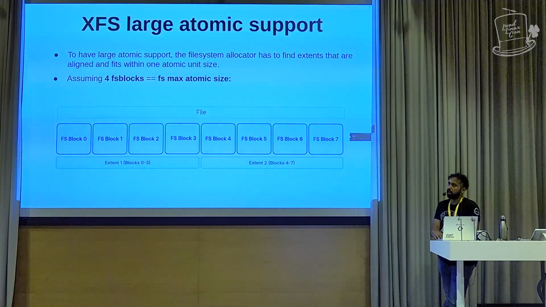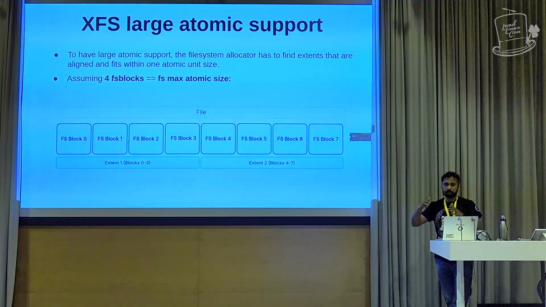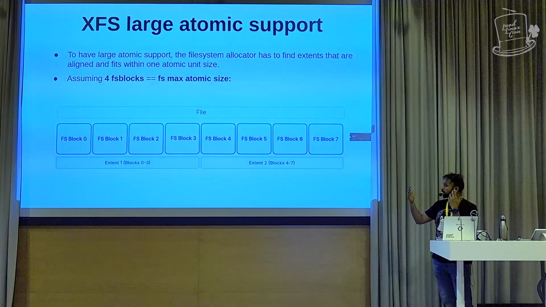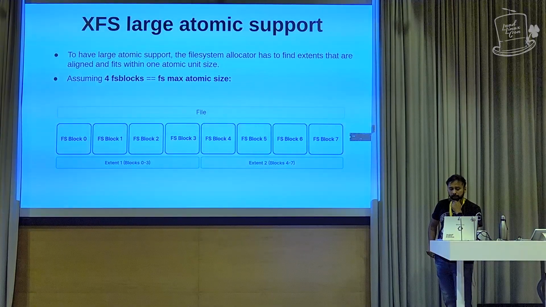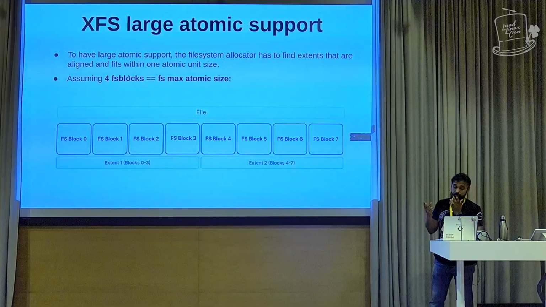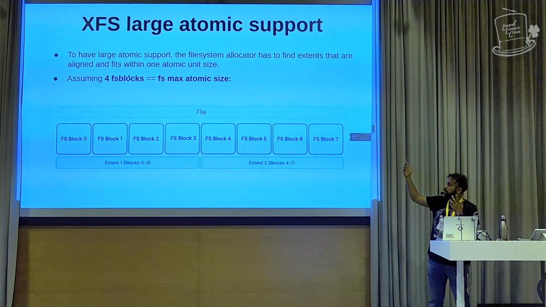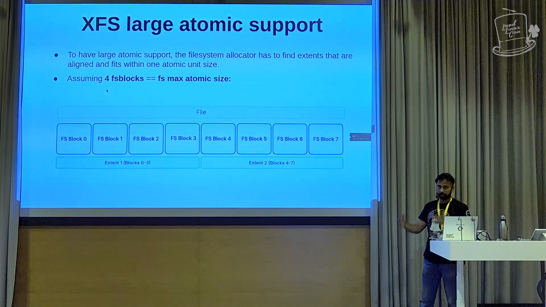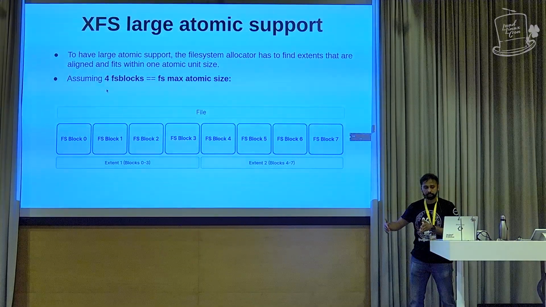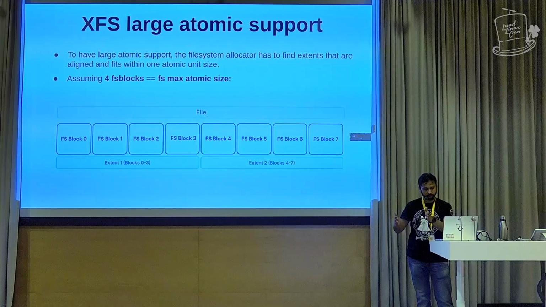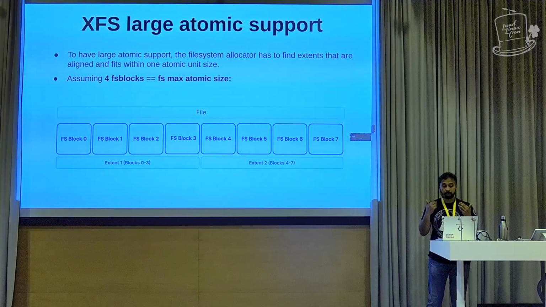If you want to have large atomic support for file systems, then the file system needs to guarantee that it can get an extent that is contiguous and also aligned to whatever the atomic granularities and atomic sizes are. For example, let's say the maximum atomic size is 4 FS blocks, and I'm trying to do an IO of maximum atomic size. Then the file system allocator, that actually allocates the physical blocks on the device itself, goes in, tries to search different groups and tries to find things that are contiguous and nice that can align with whatever atomic